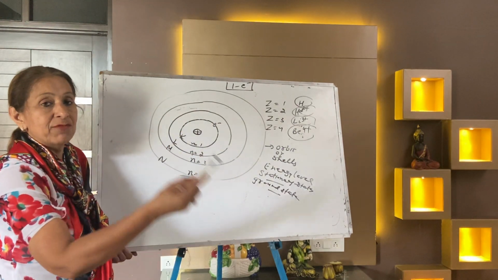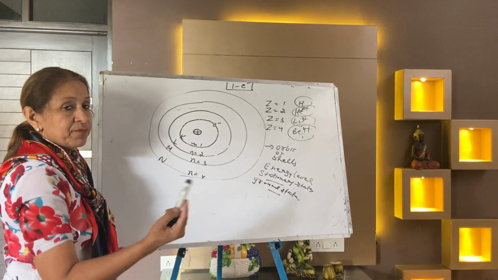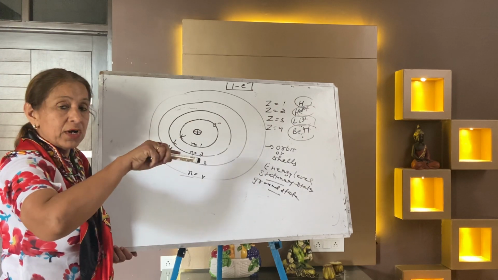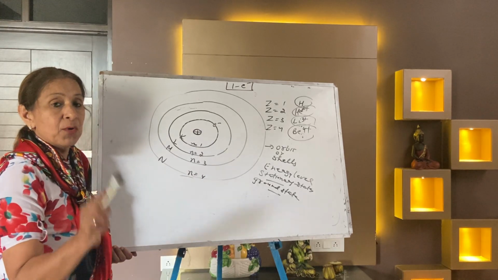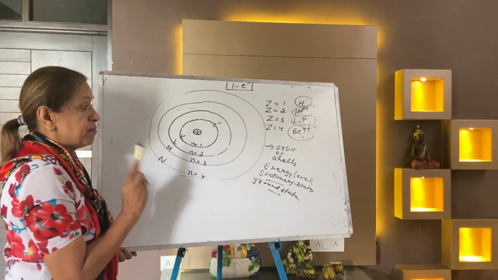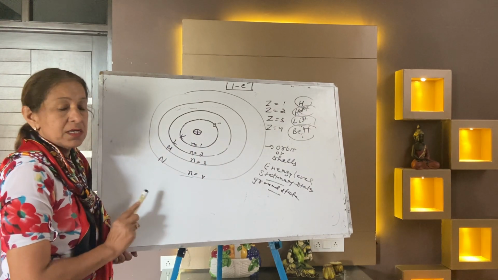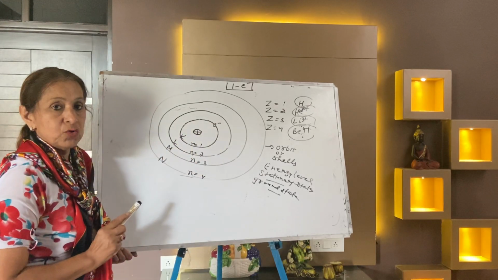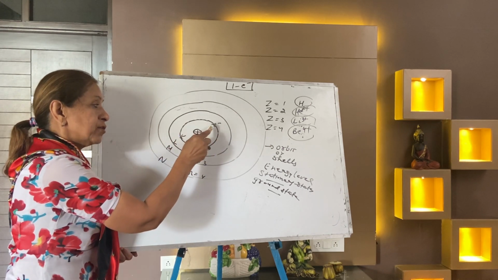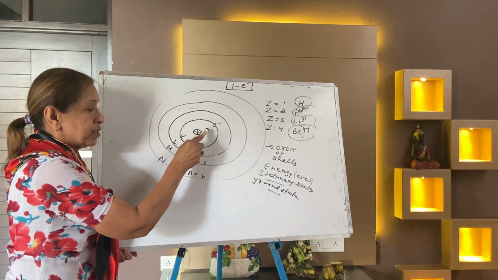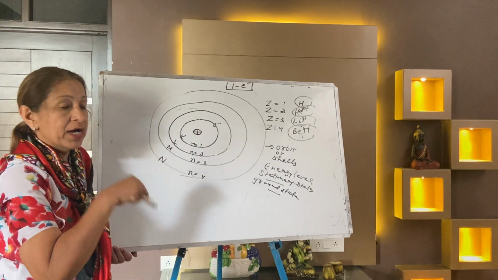Because the electron is negatively charged and the nucleus is positively charged, there is a force of attraction. So when the electron moves around the nucleus, it will go on losing energy in a continuous manner. But this model is based upon the word discontinuous. Remember this. So Bohr explains the stability of the atom like this: the electron can never fall into the nucleus as long as it is moving in this orbit. There is no lower orbit than n equal to 1. So this is the reason the electron cannot fall into the nucleus.